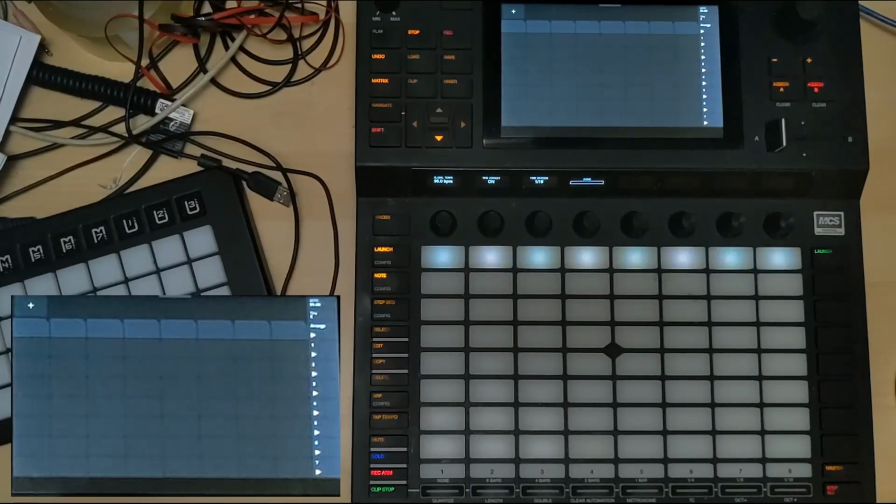Easy people, so this is one of the methods of DJing with the Akai Force. I've decided to call this the deck method, and as I was saying in my previous video about setting up for preview,